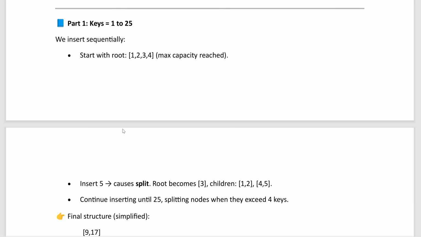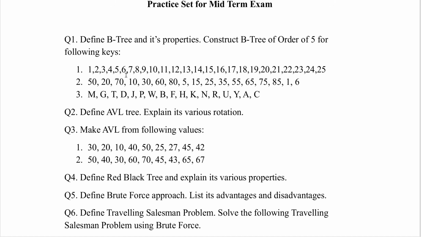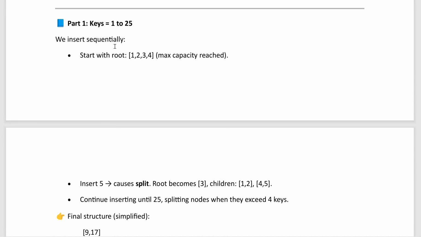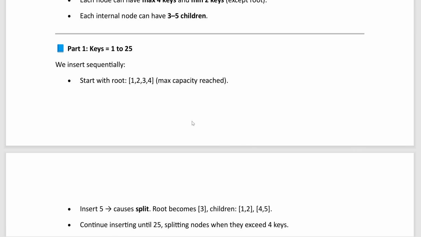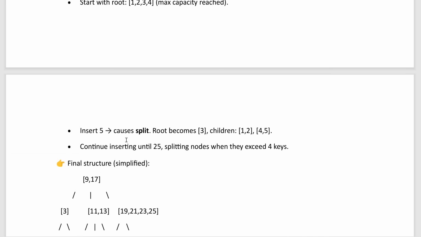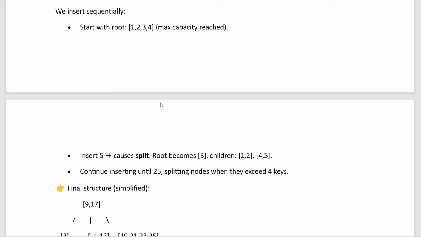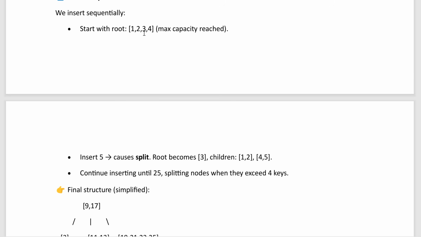So let us solve the first part. In the first set, we have been given the keys 1, 2, 3, 4 up to 25. They are already in sorted order. Start with the root. We first add the elements sequentially, that is 1, 2, 3, 4, because the order M is 5, and each node can have a maximum of 4 keys. So when we have added these 4 keys 1, 2, 3, 4, maximum capacity has been reached. That's why when we insert the next key 5, it will result in a split operation. And when we are doing the split operation, the middle key moves up,